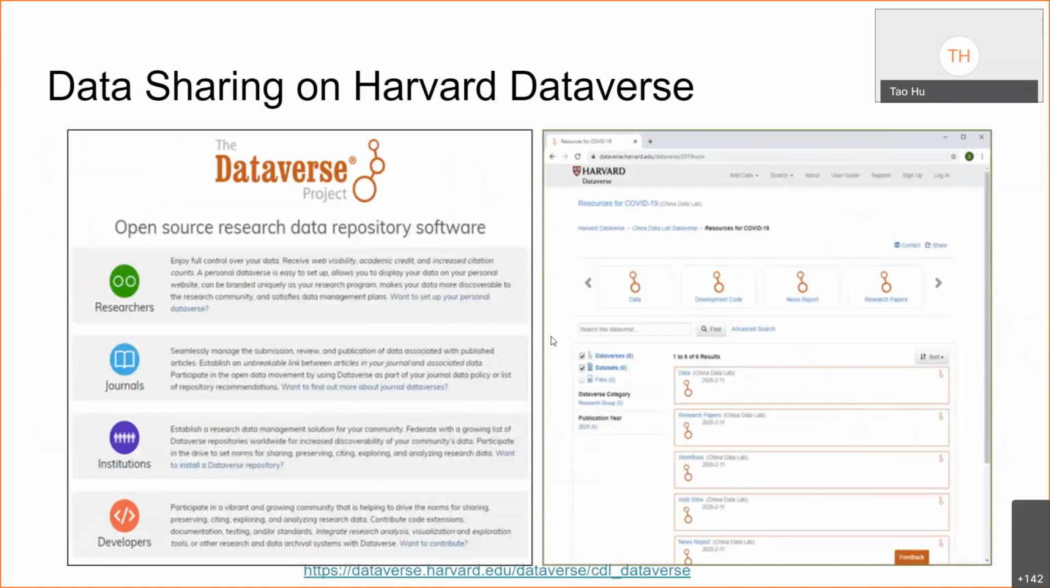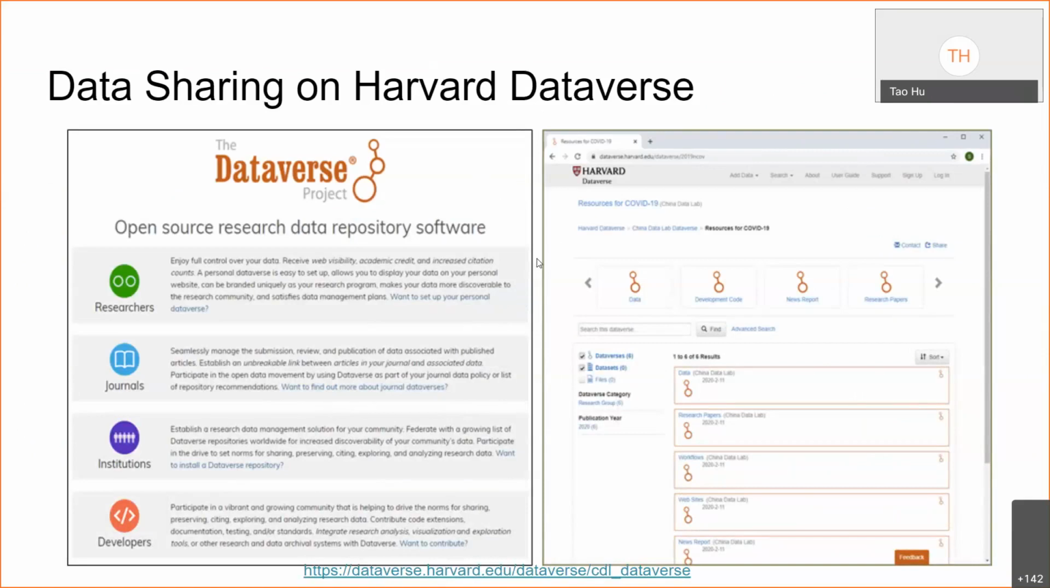And as I mentioned, all the data sets are shared on Harvard Dataverse. The Harvard Dataverse is an online data repository for data sharing, preservation, citation, and exploration. What the most important part is it provides